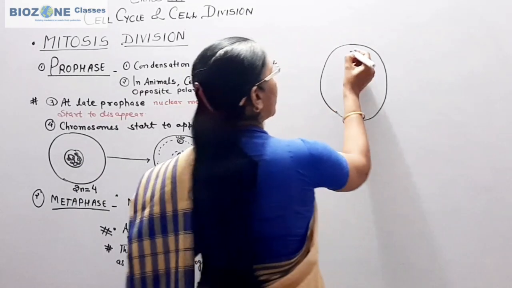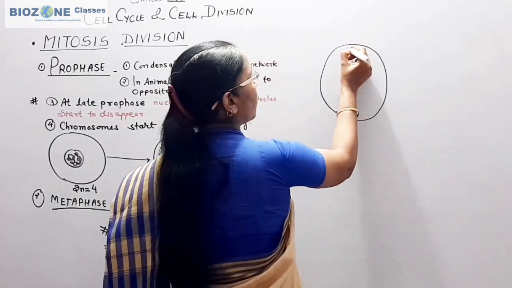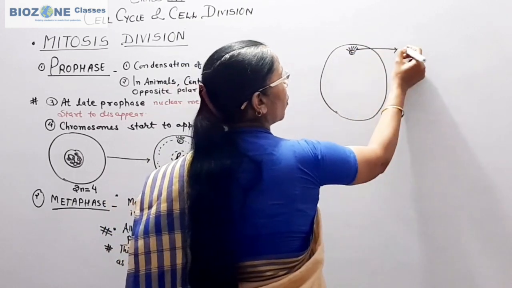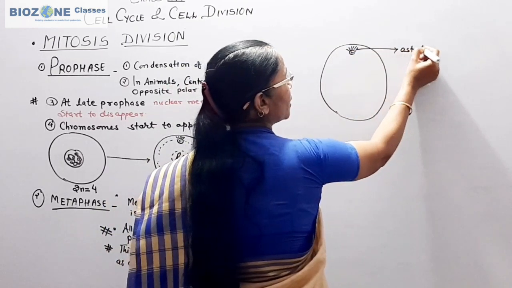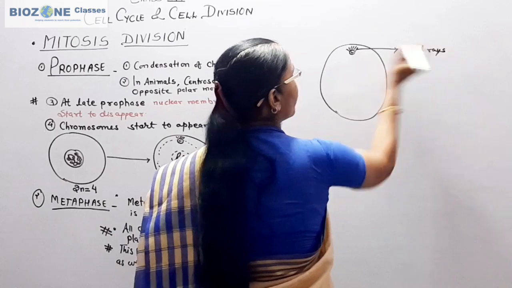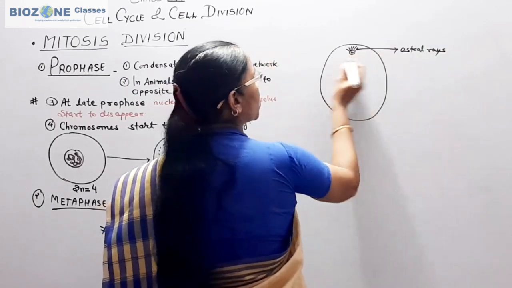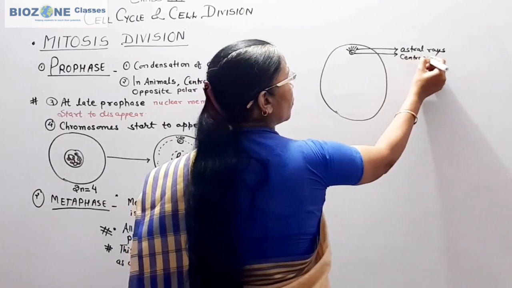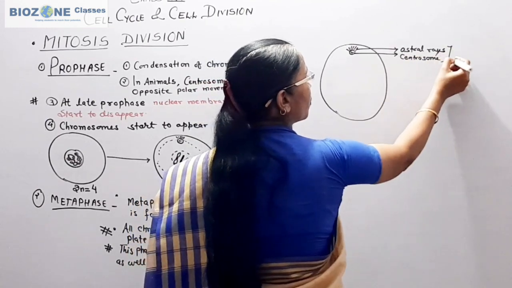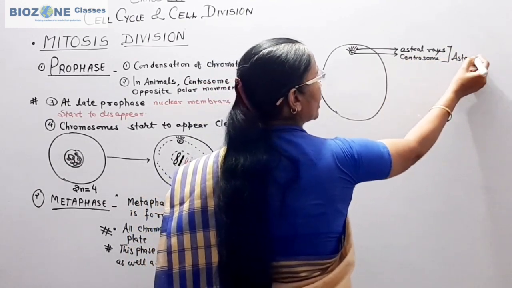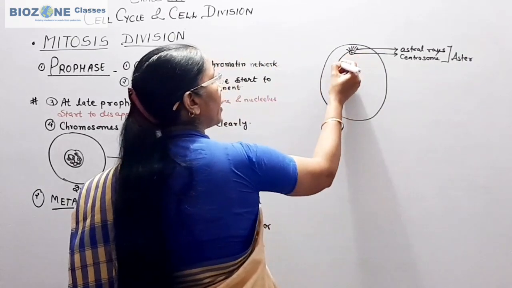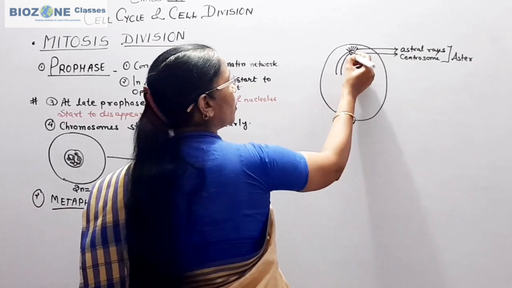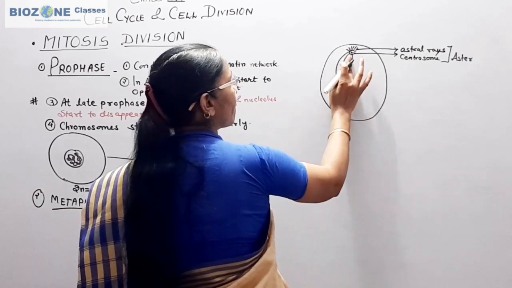So here you remember the centrosome now develops star-shaped rays called astral rays. This is the centrosome. Both combined are called aster, and then the spindle fibers are produced